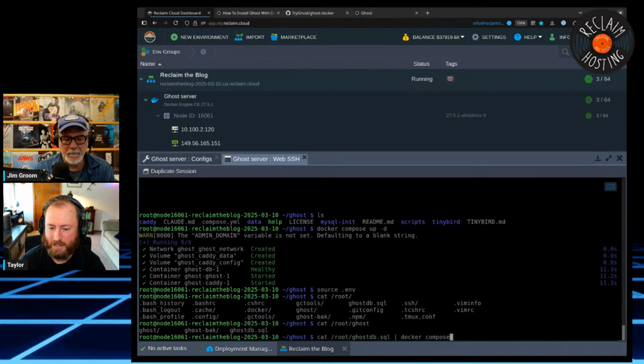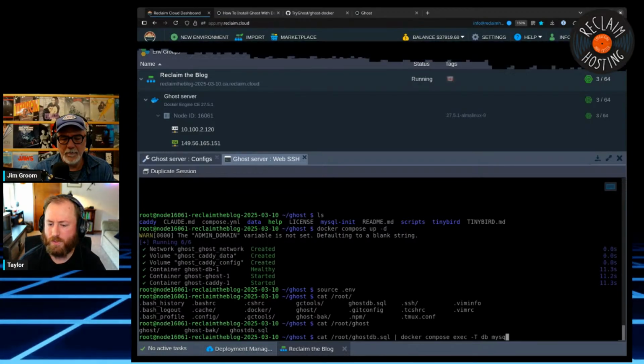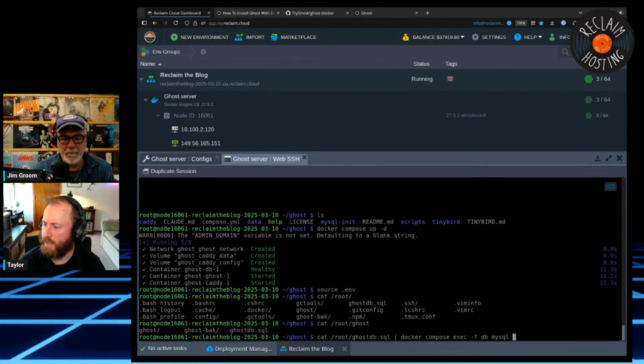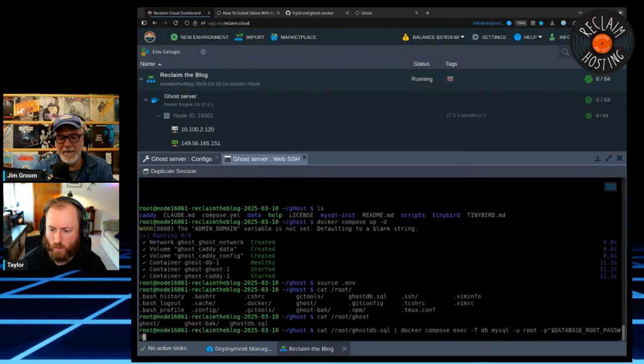This is sort of like an advanced way to do this that saves me some steps. So we're going to do that as the MySQL user, root, password, database, root, password, Ghost. Okay, so that's the database it's going to go into.